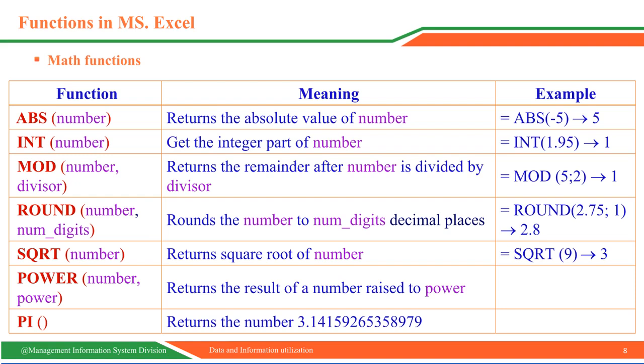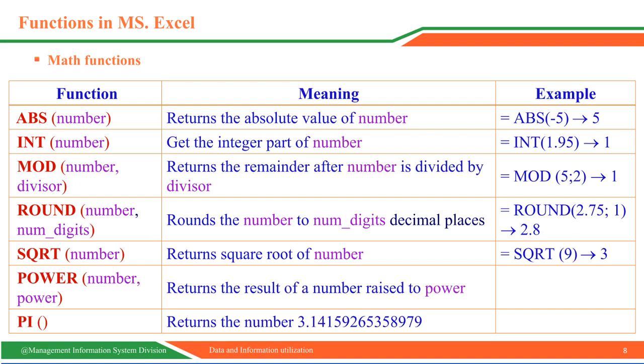Example, round 2.75, 1 returns 2.8. SQRT returns the square root of a number. Example, SQRT 9 returns 3. Power returns the result of a number raised to a given power. Example, power 2, 3 returns 8. Pi returns the mathematical constant pi, approximately